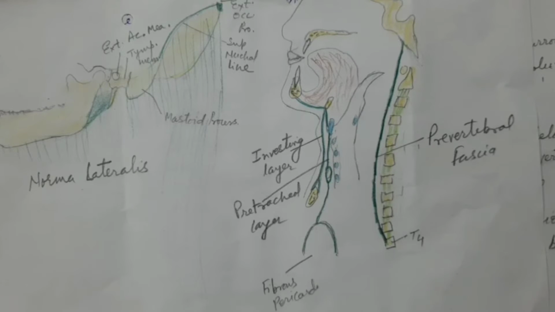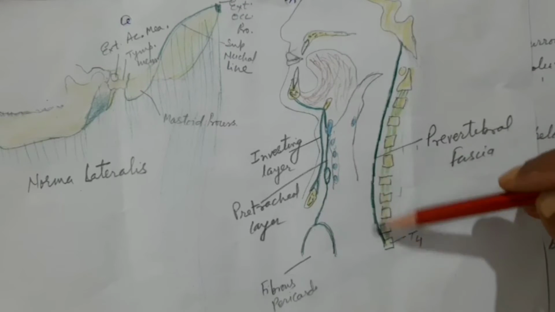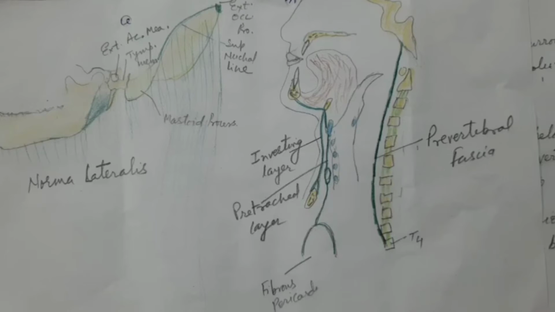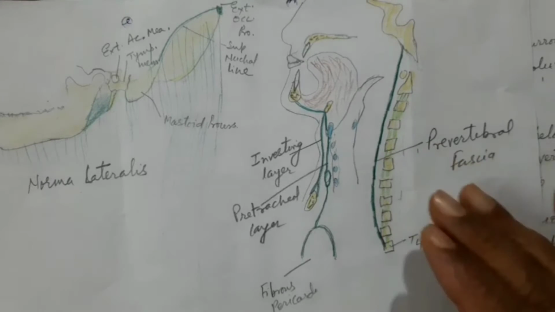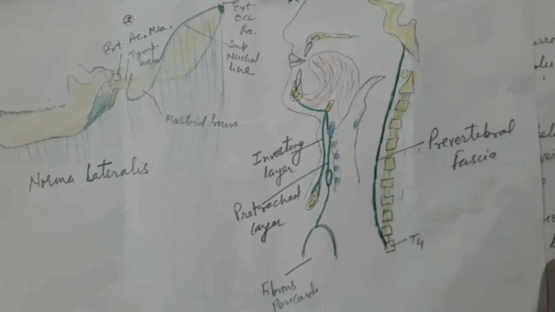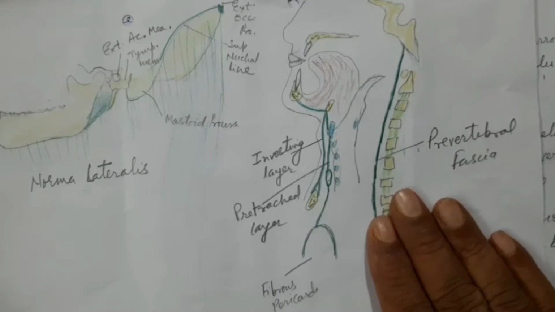Nasopharynx, oropharynx, laryngopharynx, and then the esophagus, they will have a space that is called the retropharyngeal and retroesophageal space, which is usually filled with fibrofatty tissue. And this is the plane on which the larynx and pharynx move during the process of swallowing or deglutition. Thus, this prevertebral fascia provides a hard base on which the movement of the viscera of the neck can take place. Okay, so you have understood the vertical extent, and I have told you about the